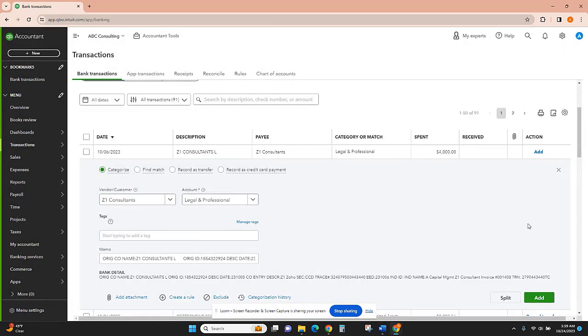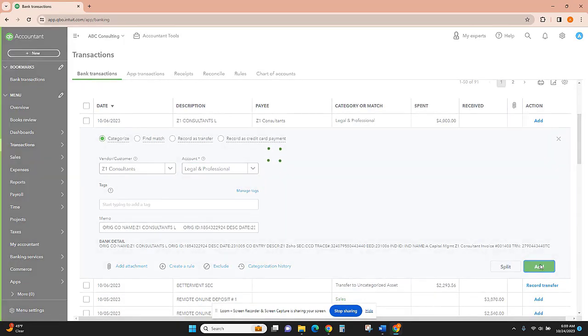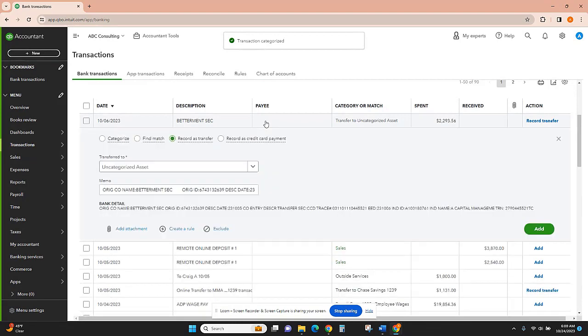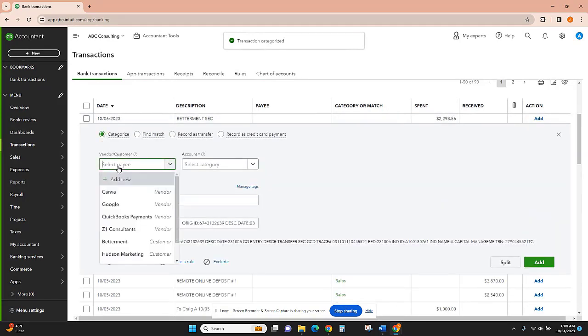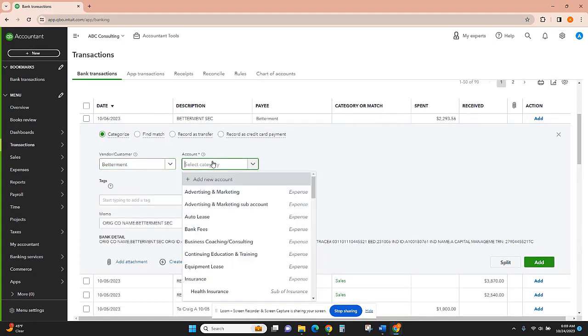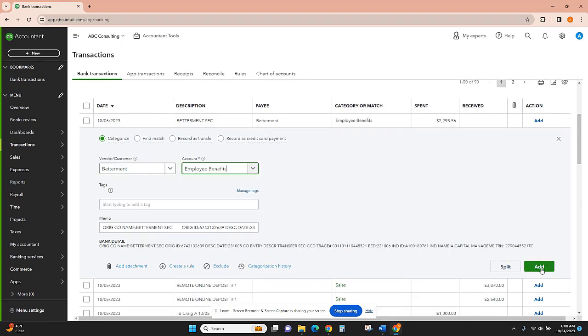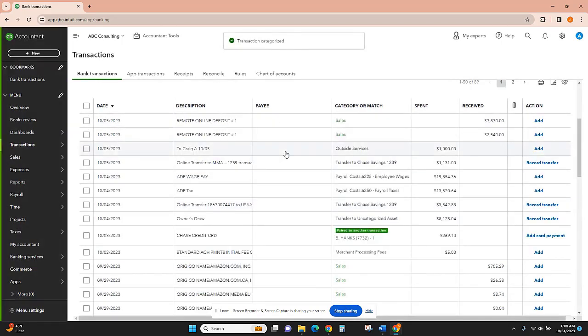And they are a consulting firm that we hired. So I'm going to leave that as legal and professional and click add. Betterment is employee retirement. I'm going to call that employee benefits and click add. And then I have these deposits that are from